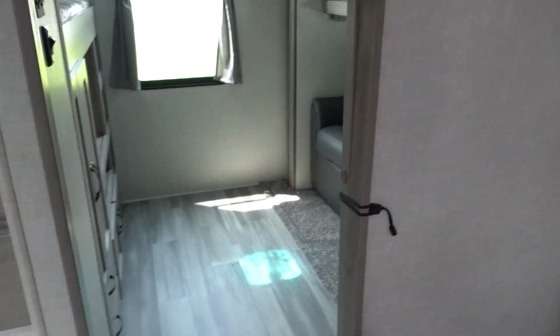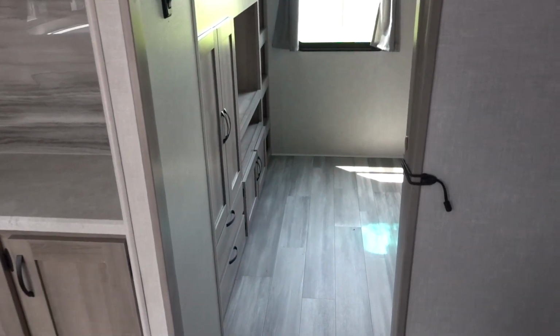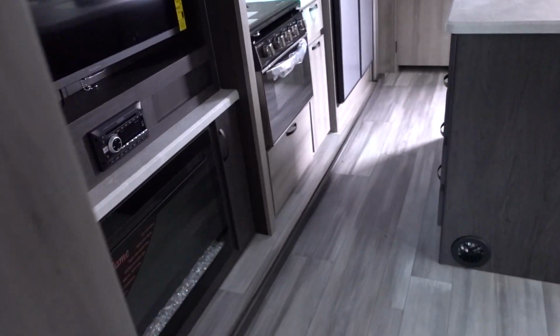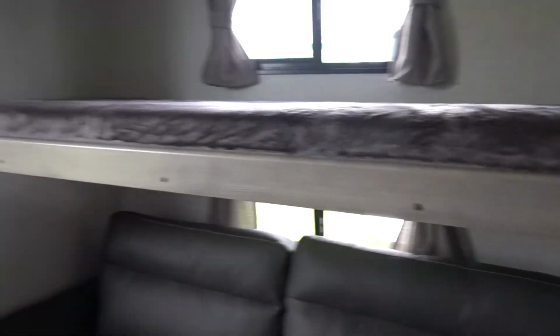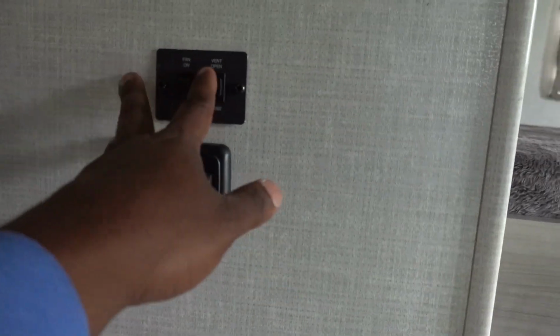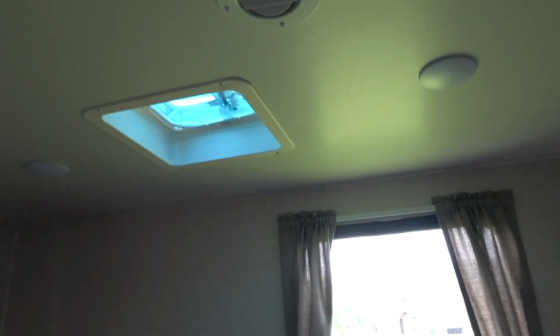Now this doorway to get back here is really small. I don't know why they did that, but you know what, they do give you a pocket door at the very least, and this comes in handy when your kids are being loud and rowdy. You can just shut them in here, and you can actually tell when I shut the door, you can literally close this noise off back in this area. They do have a vent back right there,